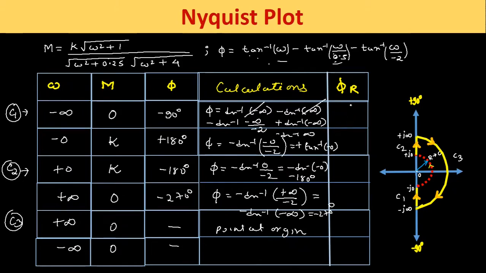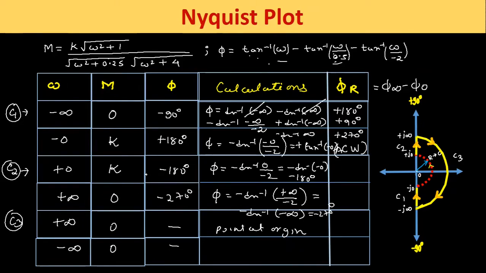Now lastly we will find out the angle of rotation, which is given by phi infinity minus phi 0. This phi infinity corresponds to the phase angle of the ending point, and this phi 0 corresponds to the phase angle of the starting point. Okay, so for this C1 section, the ending point phase angle is plus 180 degree. So we will have plus 180 degree, then minus of minus 90 degree. So we will get plus 90 degree. So what we will get here? Plus 270 degree we will get. Since this angle is positive, the plot will rotate in the anti-clockwise direction.